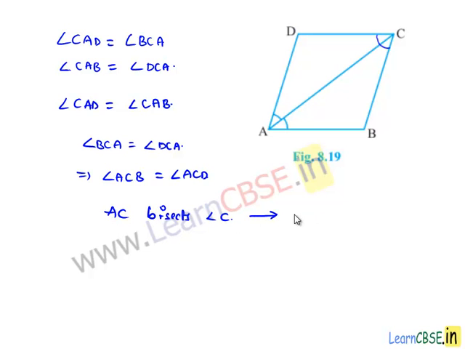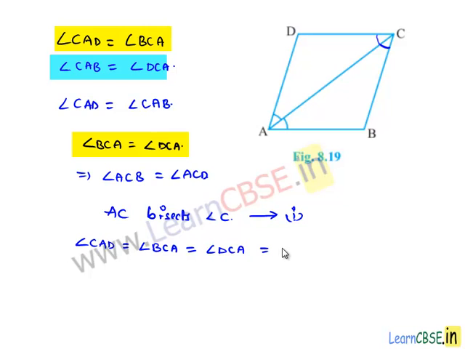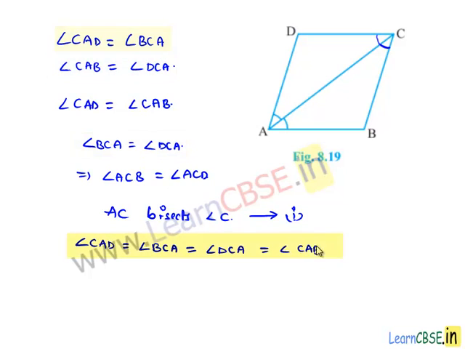This is what our first proof required. And secondly, we came to know that as angle ACB is equal to ACD and angle CAD is equal to CAB, we can equate angle CAD is equal to angle BCA is equal to angle DCA is equal to angle CAB. So now by considering angle CAD is equal to angle DCA,